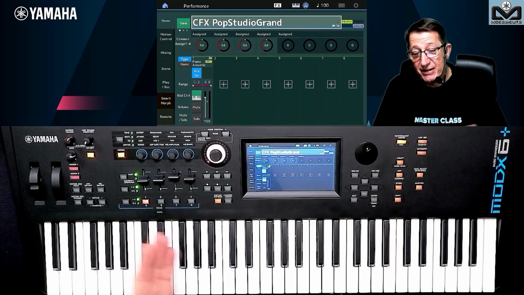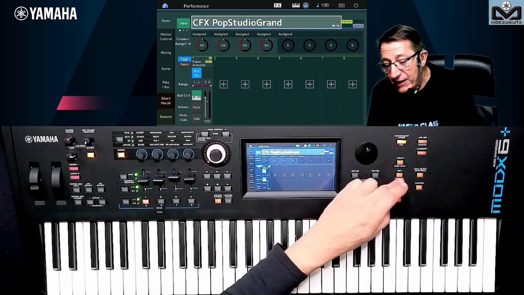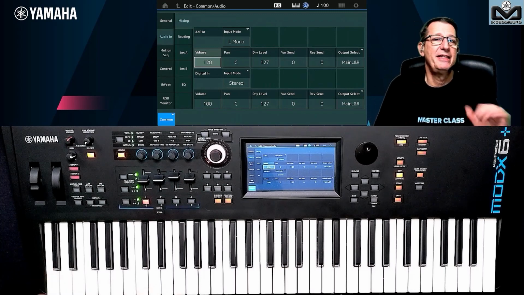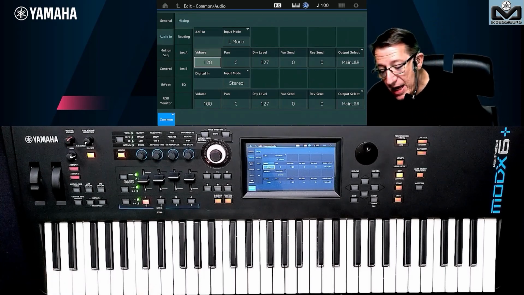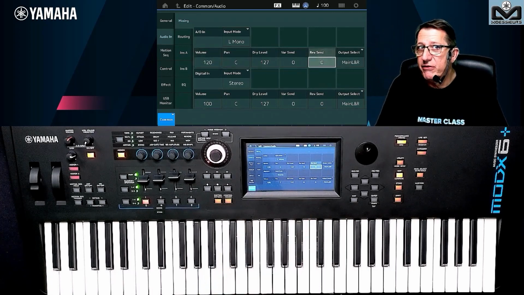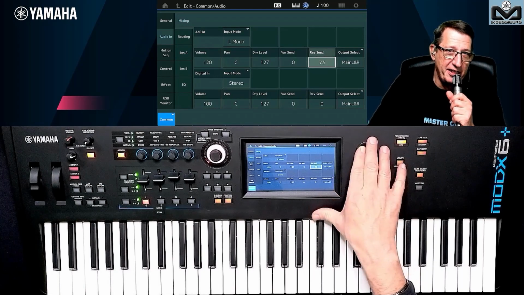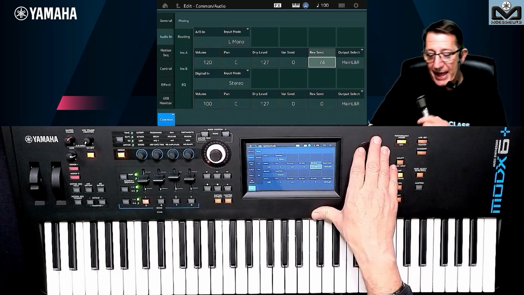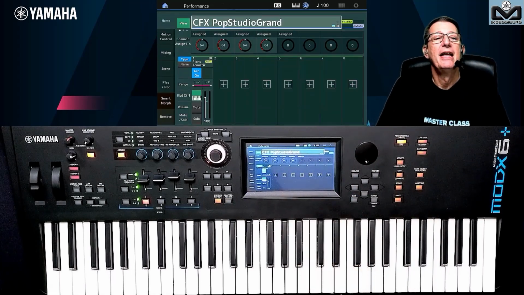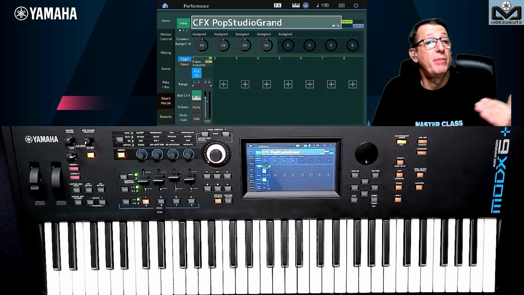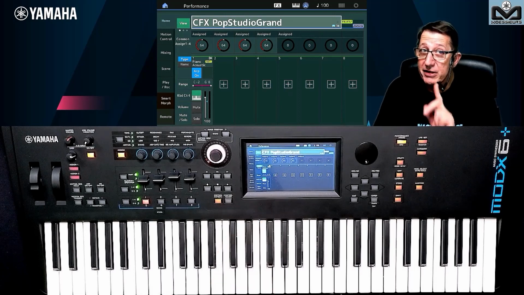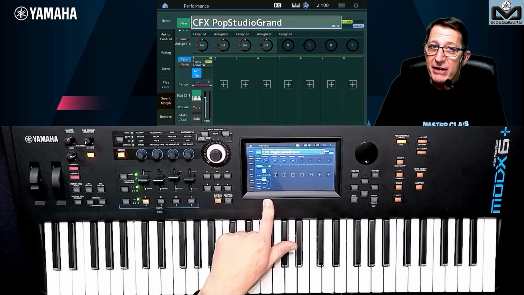Let's start. For today I have the same performance. If I go to Edit and go to Audio In Mixing, I have the same settings as when I finished the first video. And if you remember, the settings for the reverb were very bad, like a low-cost reverb. Why? Because the reverb here, when you use this setting, is the system effect. This is not a bad reverb. It has been managed for this piano part, and piano and voice are not the same thing. That's why it's not great for voice.